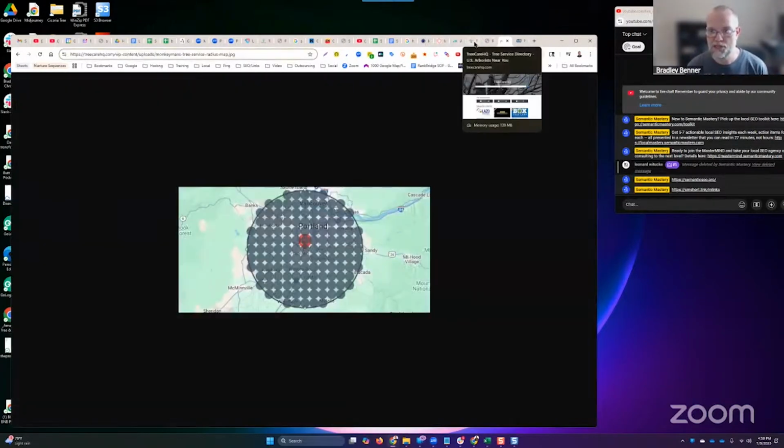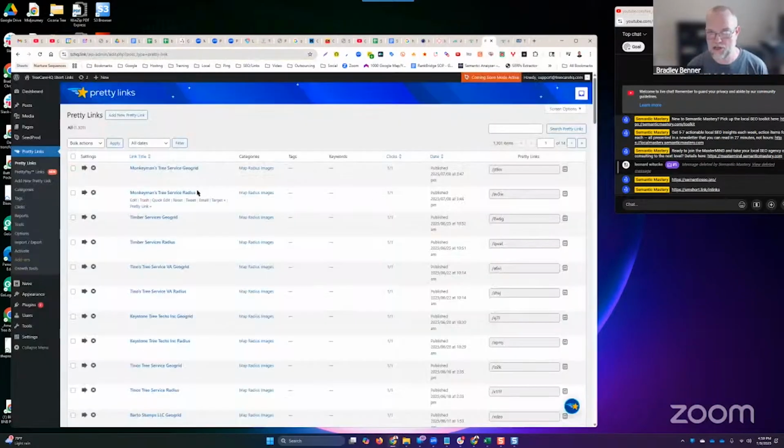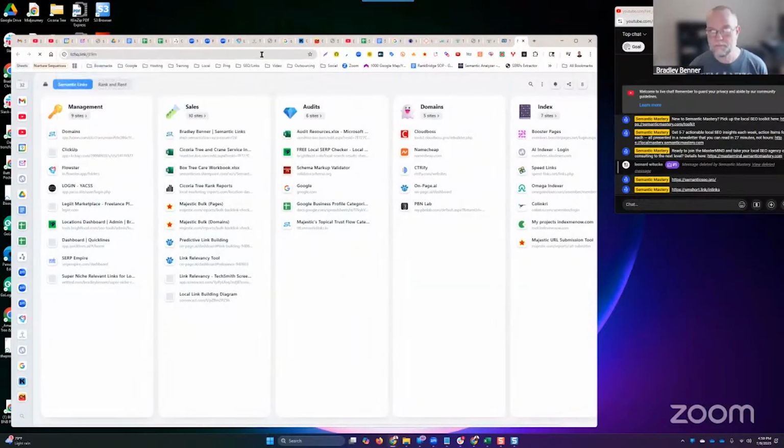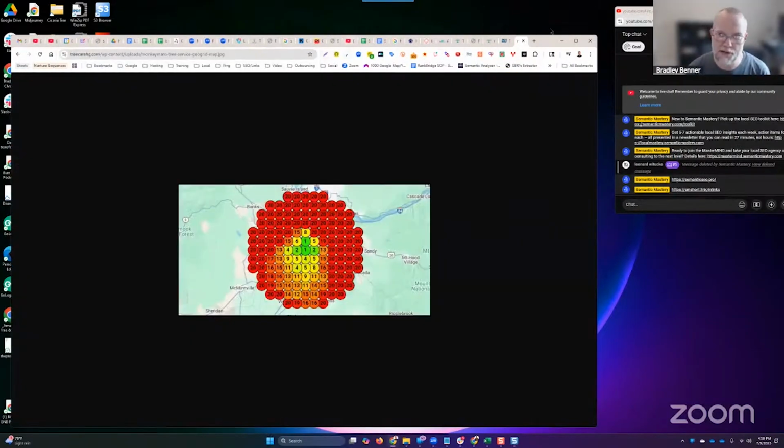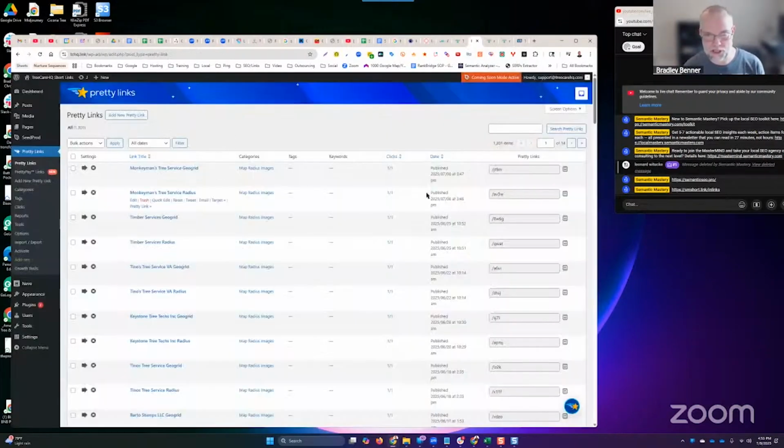So what we do is we say, well, this is where you said you wanted to get jobs. This is where you're actually getting work from, right? And we say only the areas in green. And so that's when we say, we'd like to address this with you and show you how you can begin to resolve this and start getting jobs from a wider or broader area on the call. Pick a time on my calendar here, and we send them the link, right? And so that's what we do. Again, to answer your question, I use Pretty Links in a custom domain that I set up specifically for shortening links,